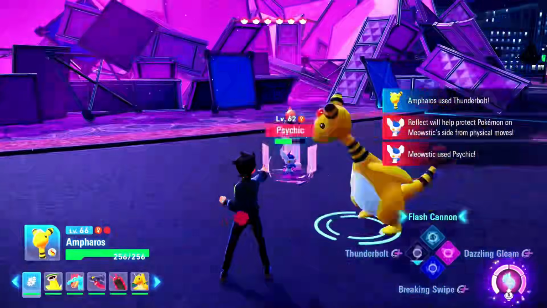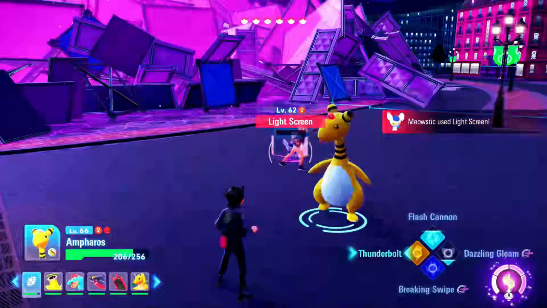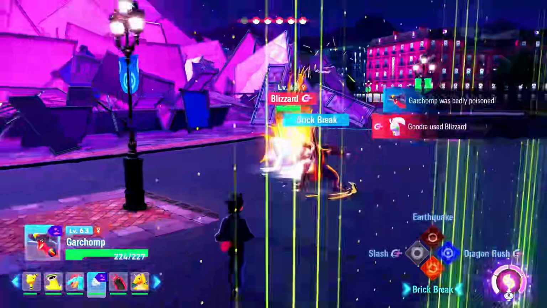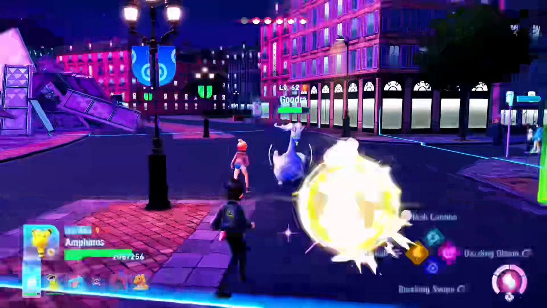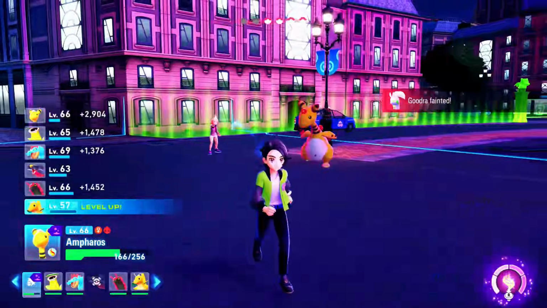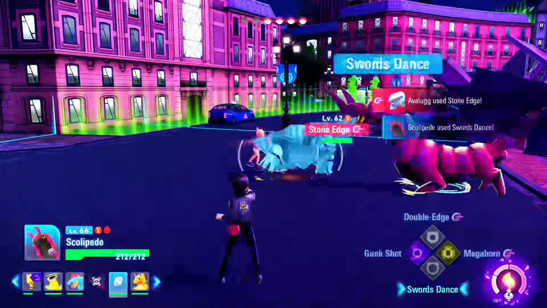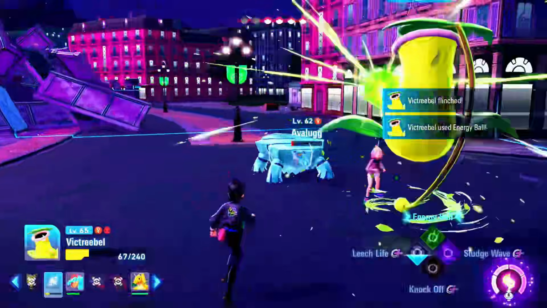She starts off with a Meowstic setting up dual screens, but Ampharos is able to blast through its defenses and take it down. Goodra emerges onto the field and we send out Garchomp, not knowing that it knew Blizzard, obliterating our Garchomp. Ampharos returns, finishing it with a Dazzling Gleam and a Breaking Swipe. Then this absolute Glacier Avalugg starts tanking Scolipede's hits, crushing Ampharos' Stone Edge, and only falls when Victory Bell lands